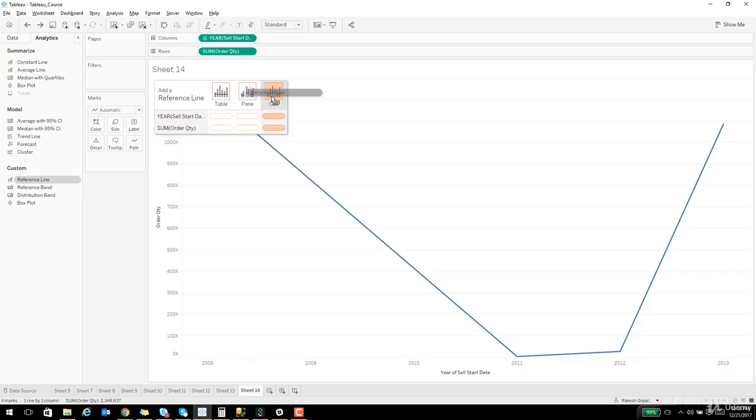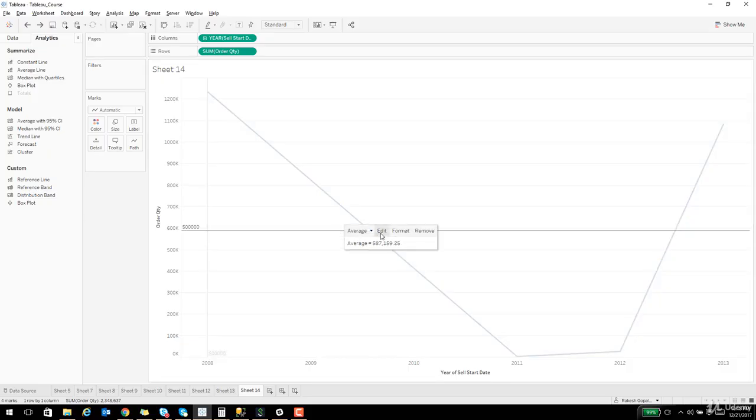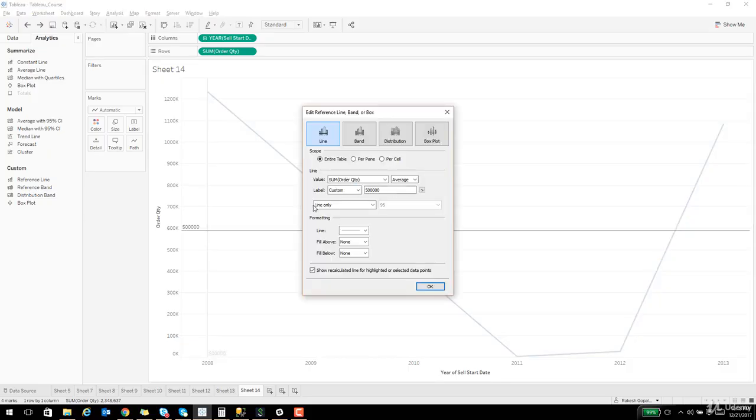And you have three options. One is table, pane, and cell. Let's just start with something simple. So I'll click on this reference line, and then say, oops, edit, and I can go ahead and actually change this reference line, right? So I'm going to use this as, say, a constant, and I want the reference line to appear on 500,000, right? So it appears on 500,000, and then I know you can even label it, right? Threshold reference line, something like this,